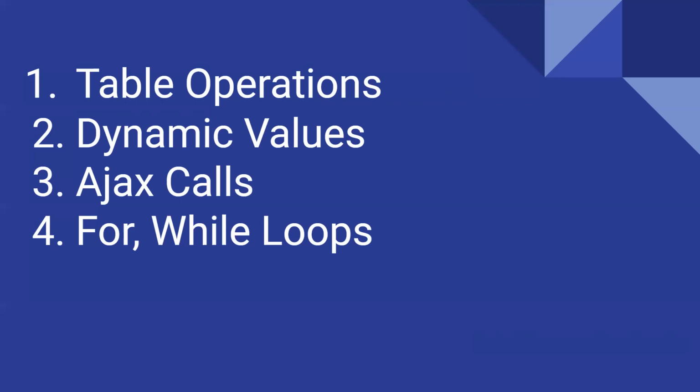Our fourth and last reason why we can't use spy object and record feature is for and while loops. When we are applying a for or while loop, there is always an XPath we need to customize. We have to write our XPath in a way that it can apply to the for and while loop values. So we can't put a constant XPath or constant object property in that case, and we will not be able to use for and while loops and record our test case.